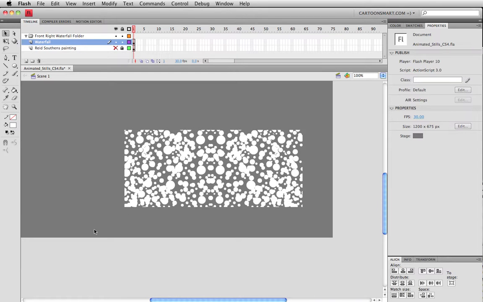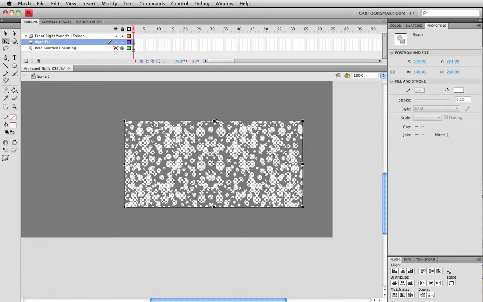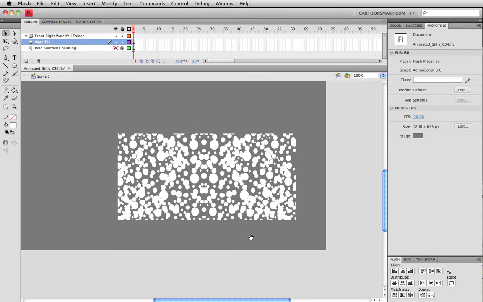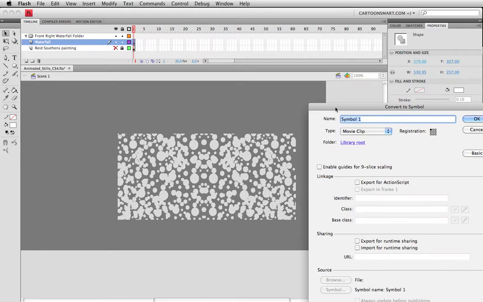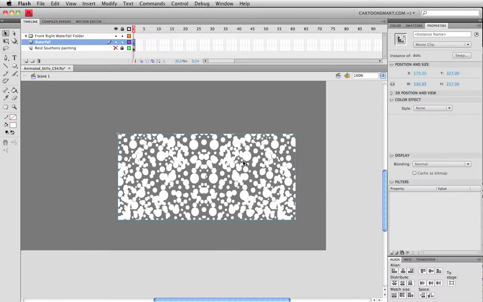We should have something about like that. Maybe make it a little bit taller. Okay. And let's go ahead and convert this to a symbol. So I've got the whole thing selected, and we'll just call this, I don't know, dots. About that. Okay, and this part is